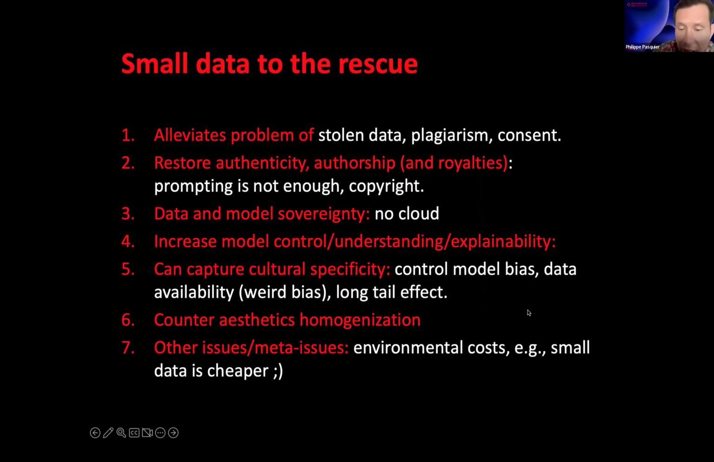And to go back to the idea of small data, it's also interesting in the more general conversation around AI and this polarization I was talking about. There's a lot of AI haters, and for good reasons. But when you look at AI diversity, then you realize, well, with small data, we solve or avoid most of the problems. Nothing's perfect, but you don't have to use stolen data. There doesn't need to be issues of plagiarism and consent. You can restore authenticity and authorship and maybe even revenue, and go around just prompting and gain copyright of what